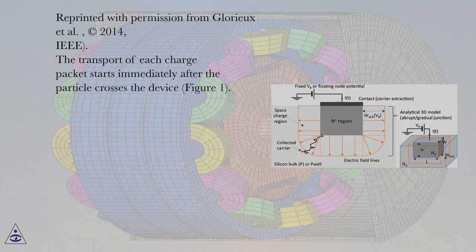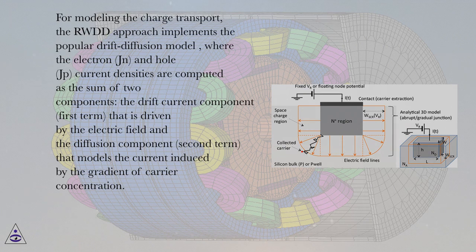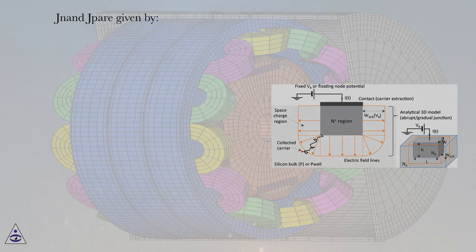The transport of each charge packet starts immediately after the particle crosses the device, figure 1. For modeling the charge transport, the RWDD approach implements the popular drift-diffusion model, where the electron, Jn, and hole, Jp, current densities are computed as the sum of two components, the drift current component, first term, that is driven by the electric field, and the diffusion component, second term, that models the current induced by the gradient of carrier concentration. Jn and Jp are given by: